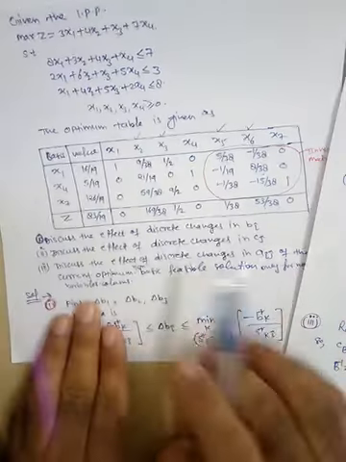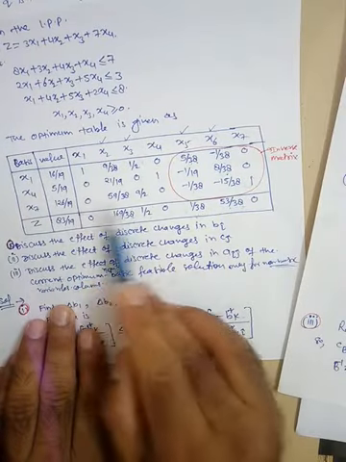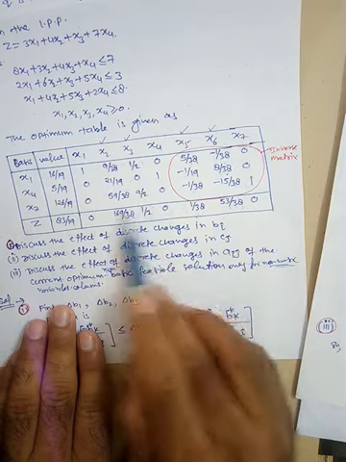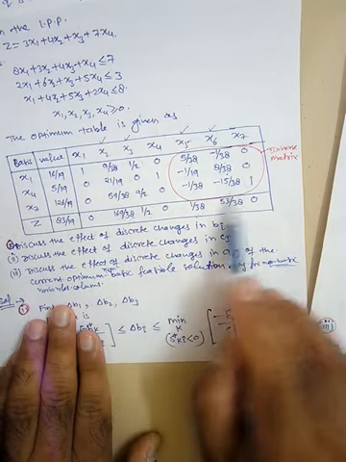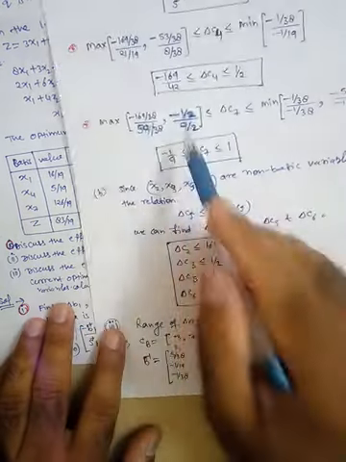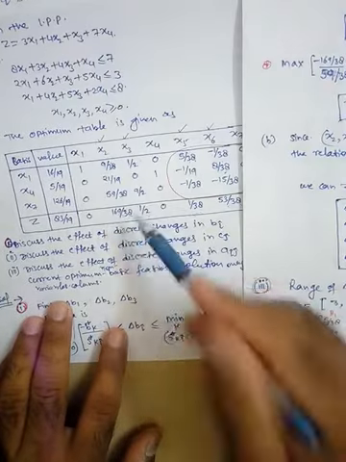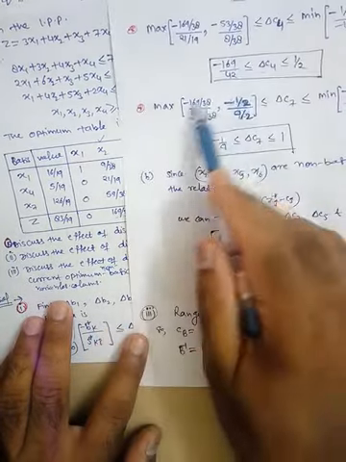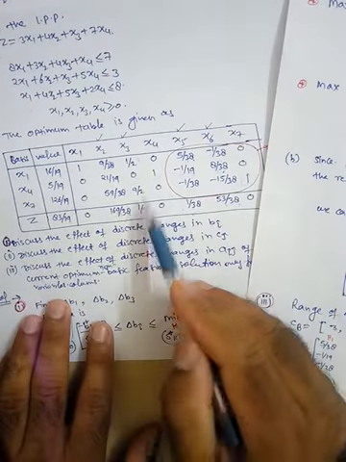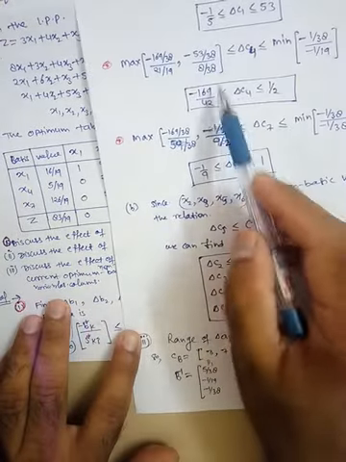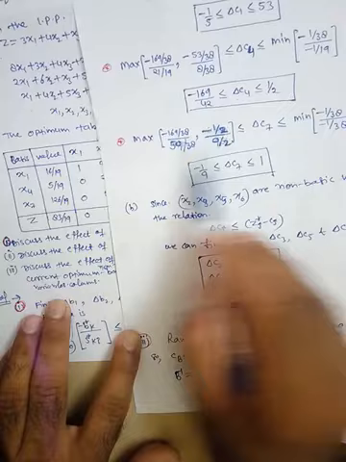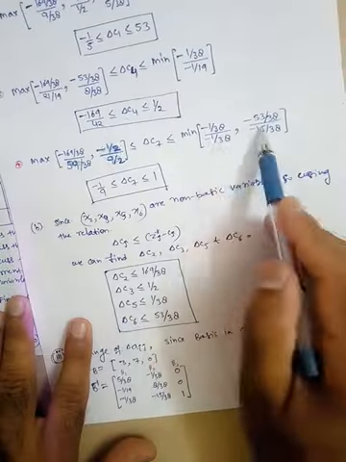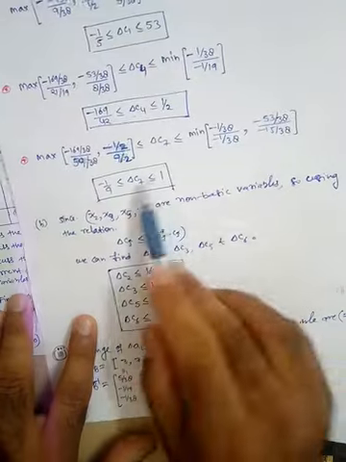Now next is x7. So move in this row. Here we have 1, 2. These are the positive values. These are two negative values. So find these ratios. The maximum of minus 1 by 69 by 38 divided by this value, so that means this value. Then minus half divided by 9 by 2. So this value. So this is for maximization. Similarly for the negative values, the corresponding ratios are these. So this is the range.